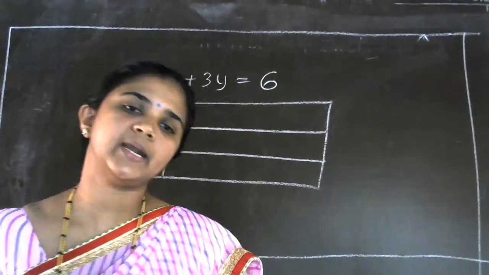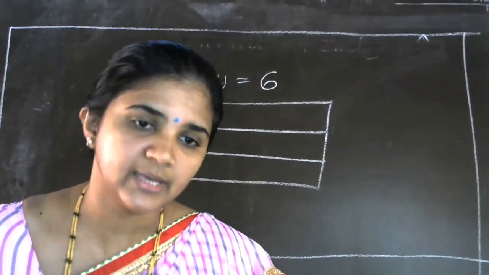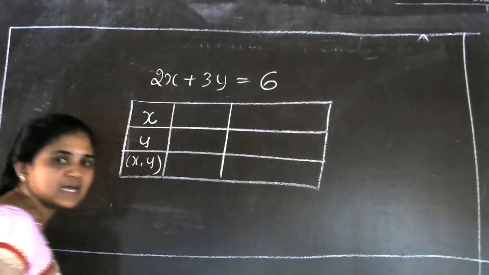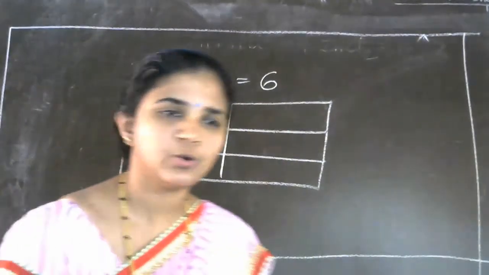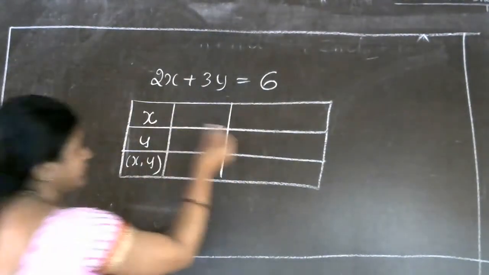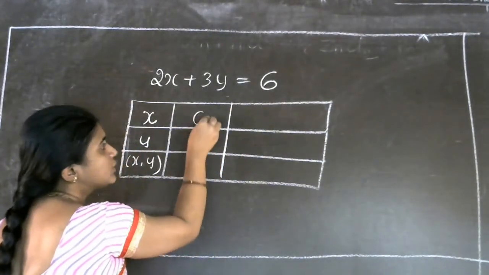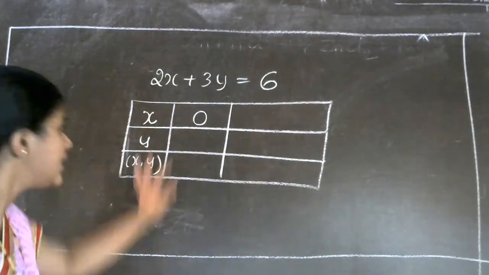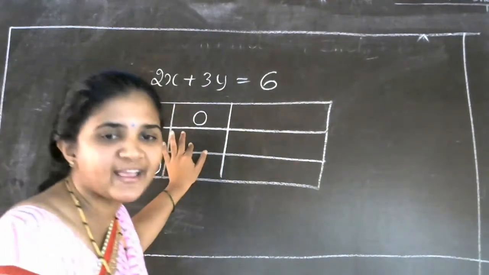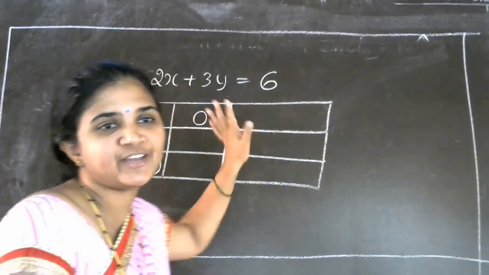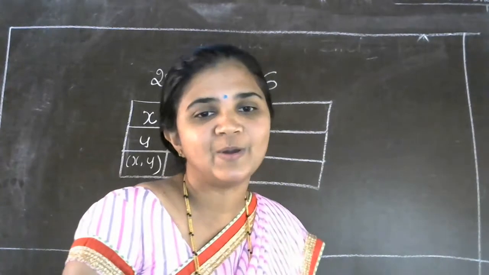First we have to write the x value and second we have to take the y value. Okay, so can we work out two solutions now? I'll explain two solutions. You already know, I just want to recall. First solution: can I put x is equal to 0 to get the solution? Put x is equal to 0, then what is the value of y? If you put x is equal to 0, then we have to work out the value of y.